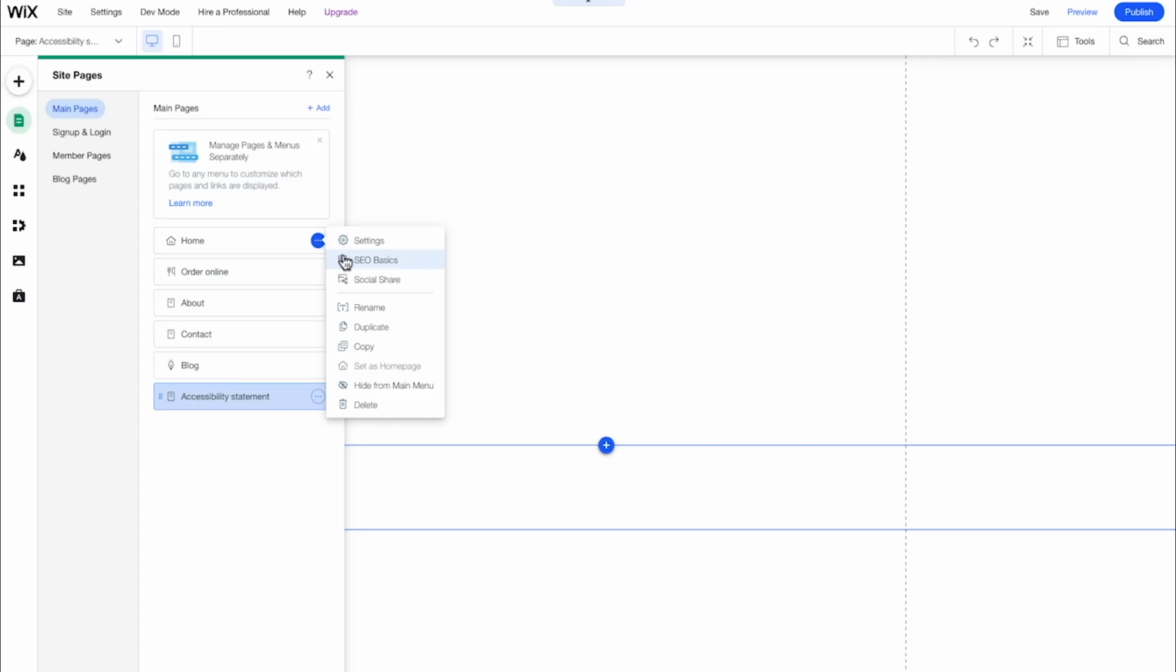Now, the next thing we need to talk about are page titles. What? Page titles? But we already did those. No, we actually didn't. These are the page titles in your editor, and they're what's going to show up on your main menu that your users see. However, before your users ever enter your website, they're going to see a link in a search engine. And that's what we mean when we say page titles. To change those, we go to More Actions, SEO Basics,